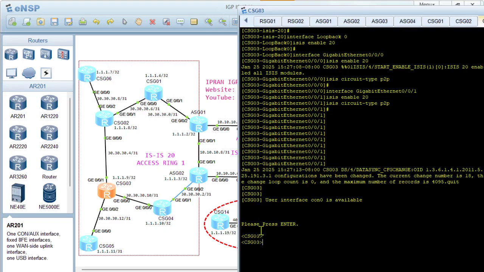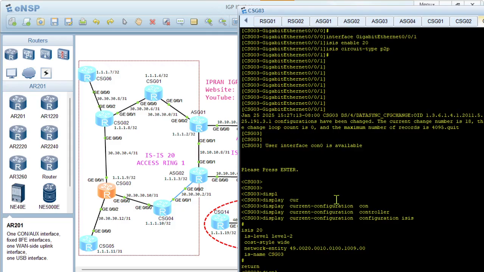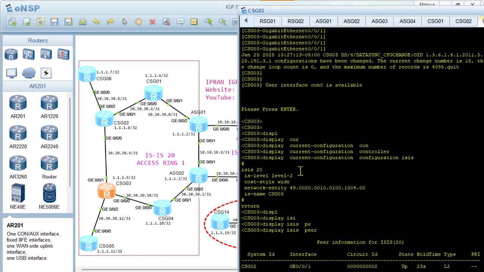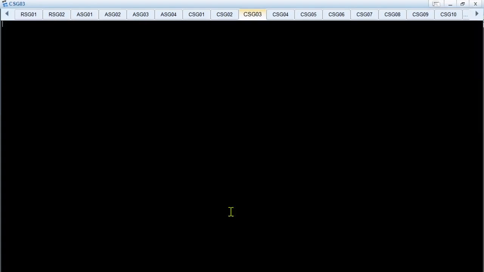Let's check on this one. Display current configuration, configuration ISIS, and then display ISIS peer. You only have one to CSG2, so you need to check, like, let's see, we have ISIS enabled, display ISIS interface,